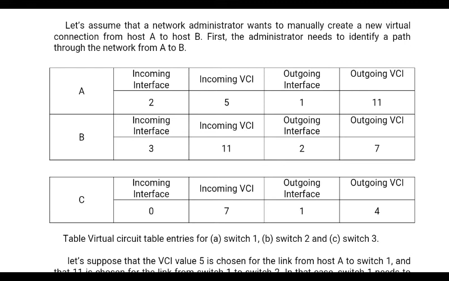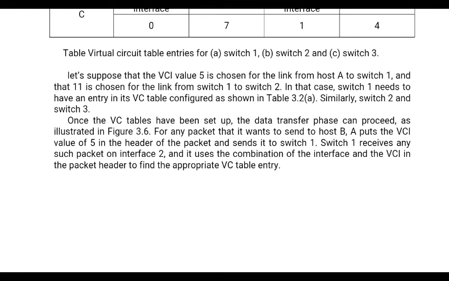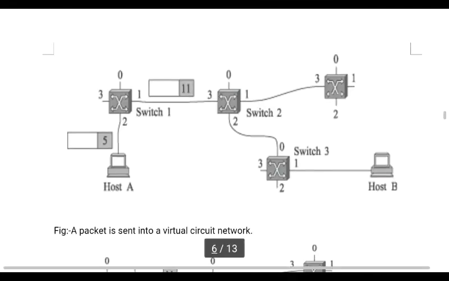Now, which is the destination here? The destination is B. If you want to forward this packet to destination B, on which outgoing line do you have to transfer? The outgoing interface is 2. Is it clear? You just see it here. Switch 2 has to forward this packet to reach destination B. On which port? Switch 2 has to forward this packet on port number 2. So this is the outgoing interface 2. Is it clear?